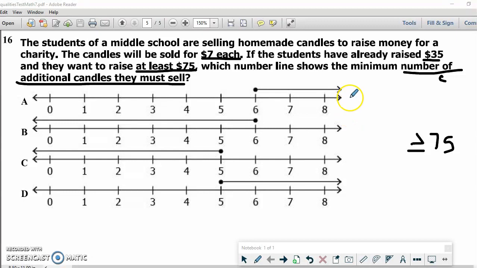Now, our constant is we have raised $35. So this is what we already have in the bank. So I'm going to put that down. We don't know how many candles we need to sell, but we know that our candles are $7 a piece. So to figure out how many candles I need to sell, I need to multiply 7 times the number of candles. And that's how we come up with our